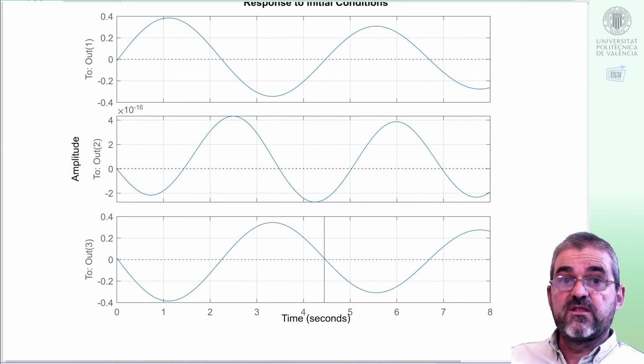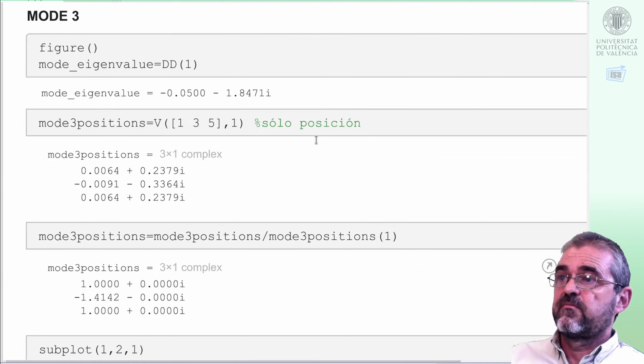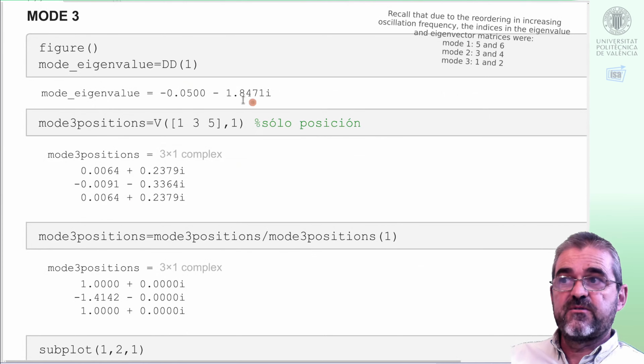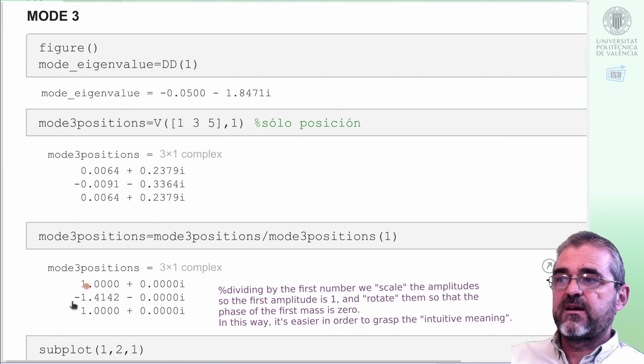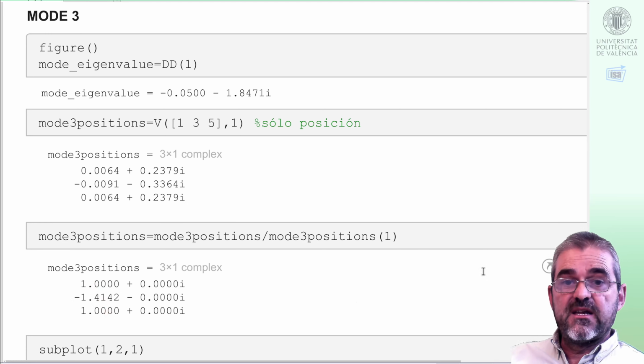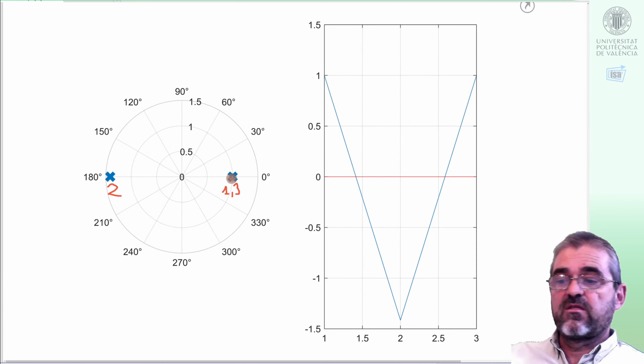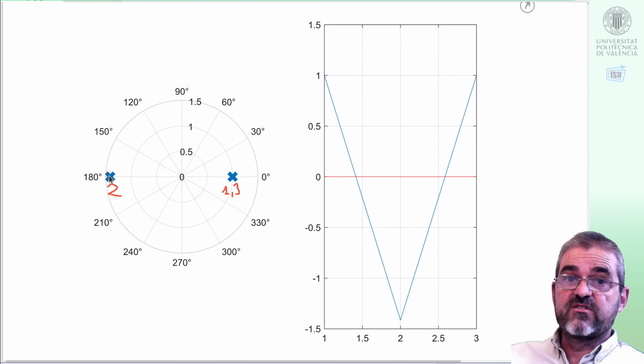To end, we just need the third mode. This is the eigenvalue with the largest frequency, 1.8 radians per second. Again, the position picture was taken in the middle of an oscillation, so if I scale and rotate, now we have 1, minus square root of 2, and 1 again. So the meaning is that in this mode, masses 1 and 3 move in phase, but the central mass moves in opposite phase,